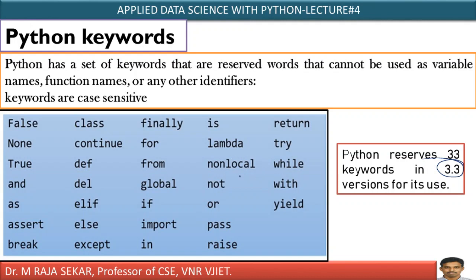Time being, just understand, compare these keywords with C language. If you know C language, just compare these keywords with the keywords of C language. For example, in C language, you have the while keyword, the return keyword, the for keyword, the continue keyword, isn't it? There are some, in C language, you have the break keyword and the if keyword. Now, there are some keywords which are new, something like is. You cannot find this keyword in C language. Lambda, you cannot find in C language.